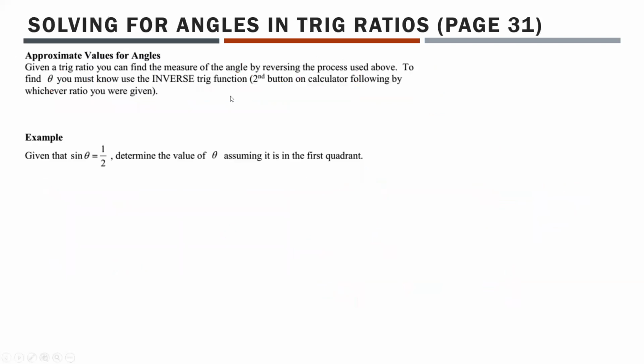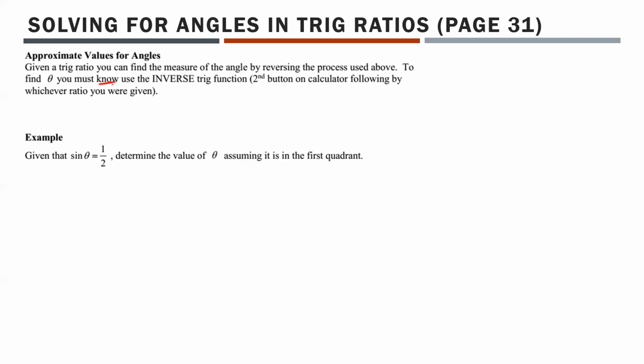Moving on. So this is in the note work booklet that is posted on Google Classroom. It's on page 31. We're actually going to do most of this section today because hopefully it'll go pretty quick. Just a real quick reminder about the approximate value for angles. When you're given a trig ratio, you can find the measure of the angle by reversing the process. To find theta, you must